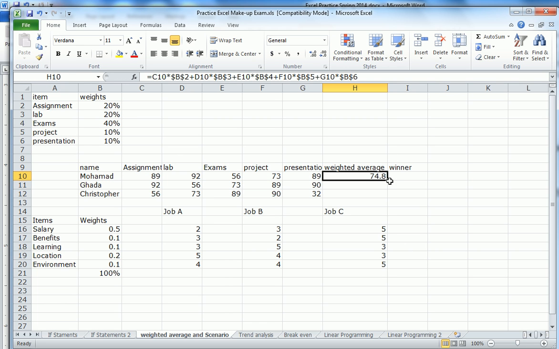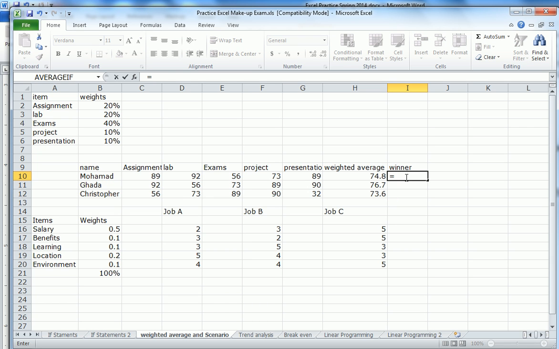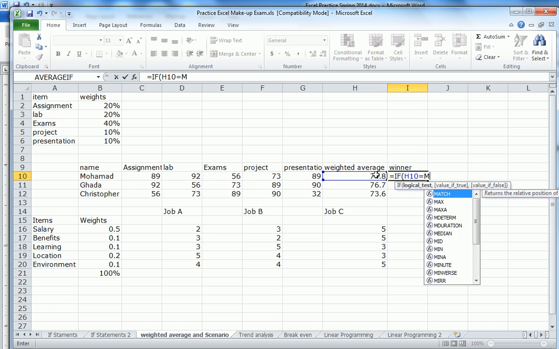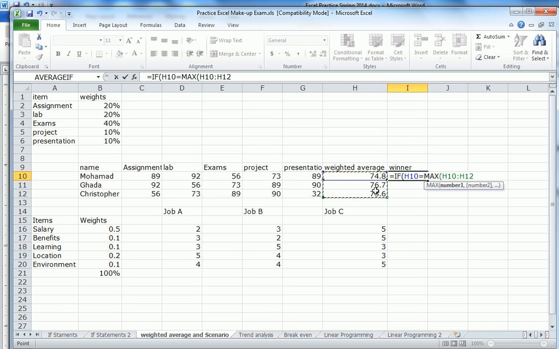So the first student has a weighted average 74.8. If I copy it, then Ghada has 76.7. Now I want to find out who's the winner. And the winner would be the one who has the maximum points. So again, I have to say if that score is the maximum of all three, then put the word winner, otherwise don't put anything. So if, equal if, and I click on their score is equal to max, the maximum of these three,